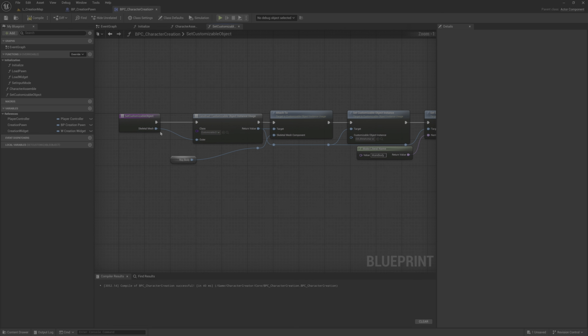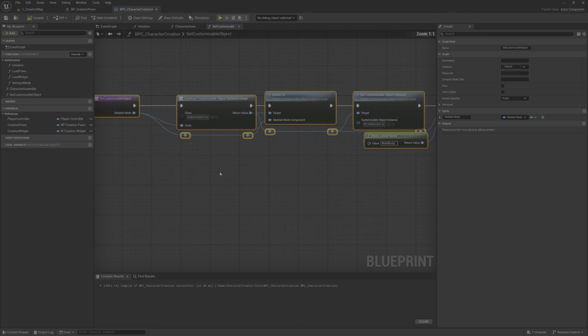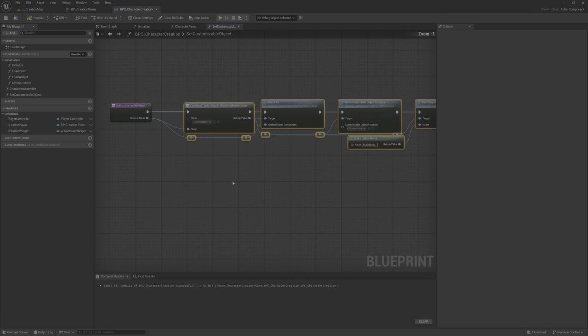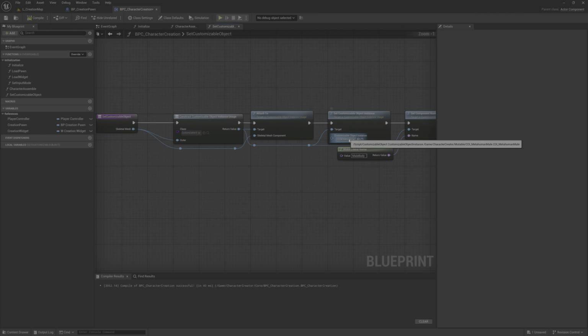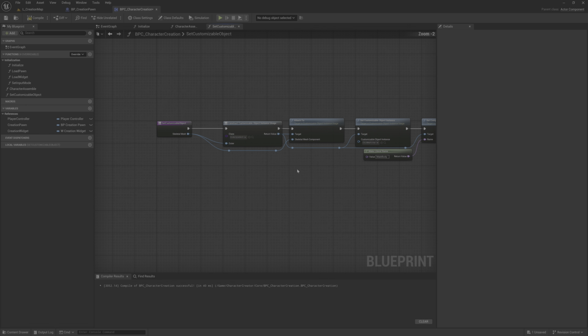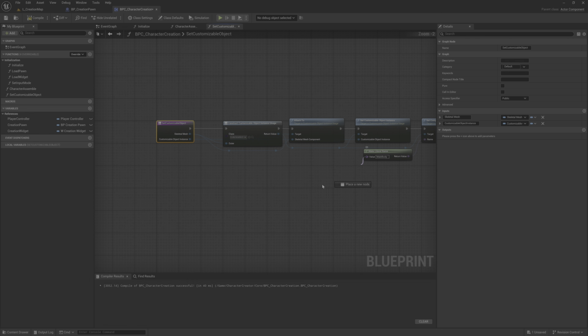And connect this here and connect this here. What name? This, the customizable object instance and the name. So I will just grab this and connect this here, there and there.